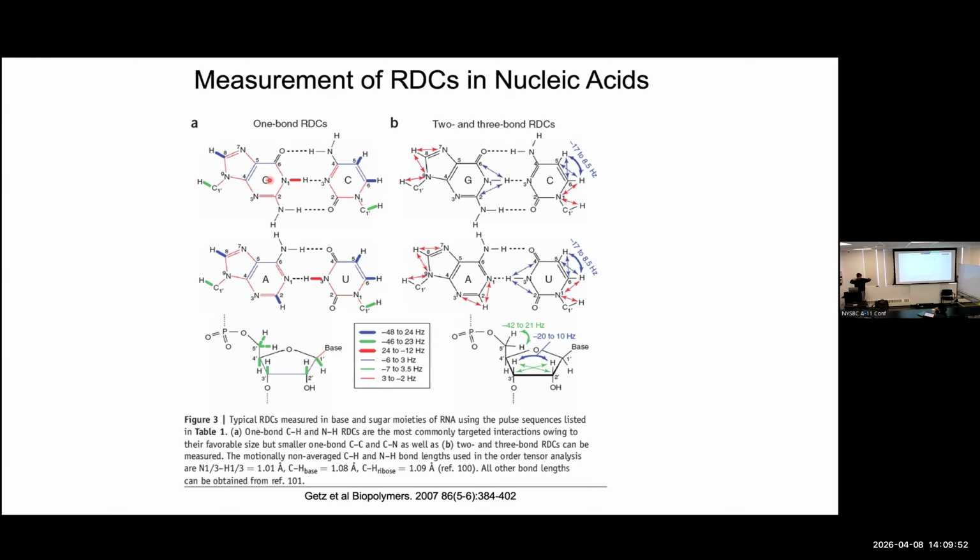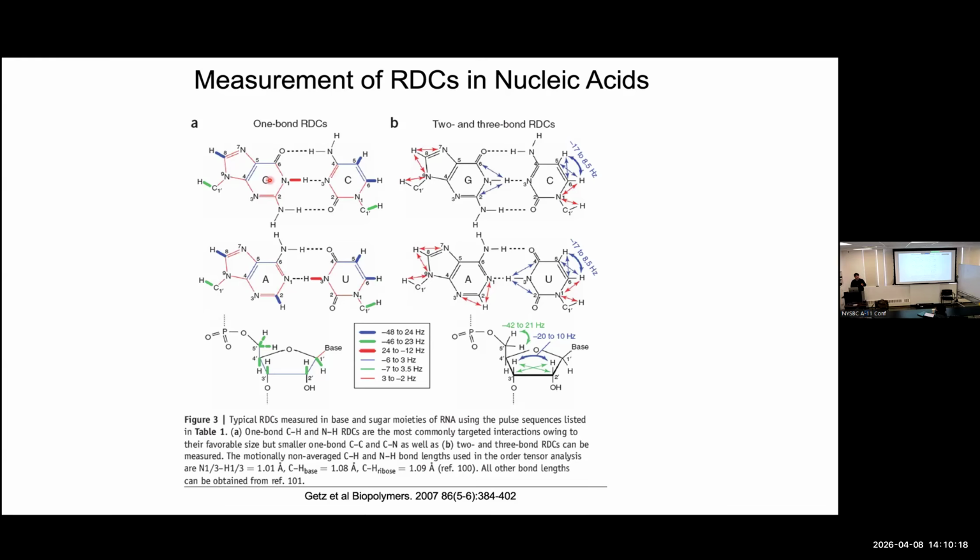Especially when you have an aromatic base that's rigid. We don't think aromatic bases are entirely rigid, although they do buckle a little bit, but we can approximate them to be basically rigid structures. So once I have 1 or 2 RDCs, I don't need more. So even though this figure shows you the various magnitudes of the RDCs based on the gammas and the distances, we normally go for the juicy, big protonated carbons